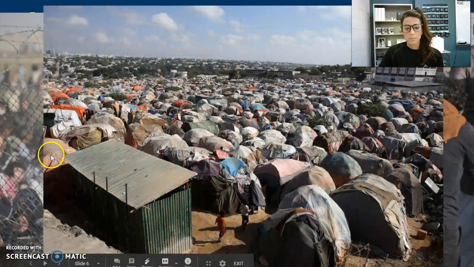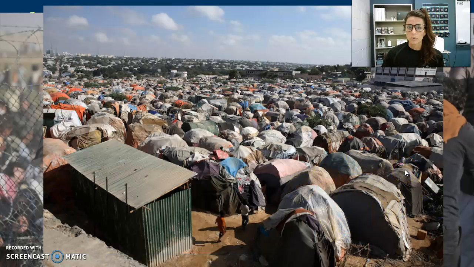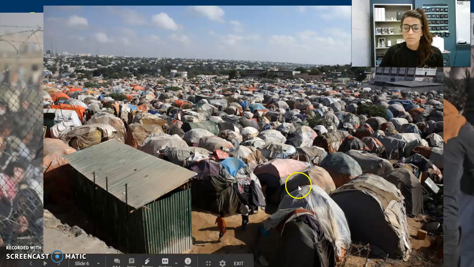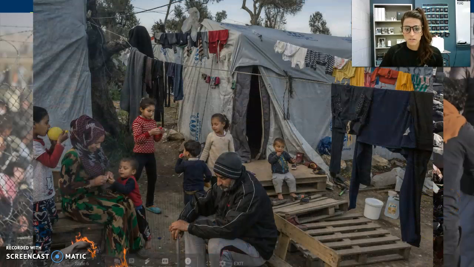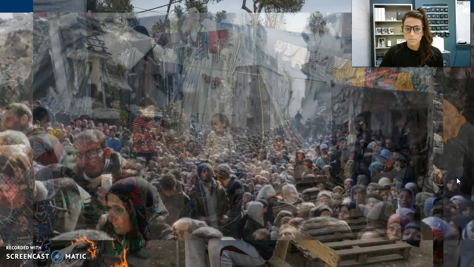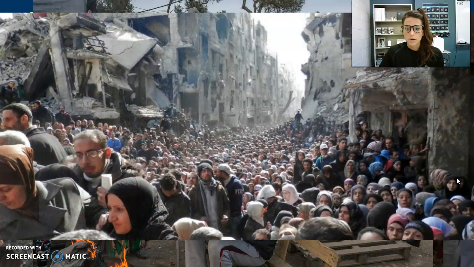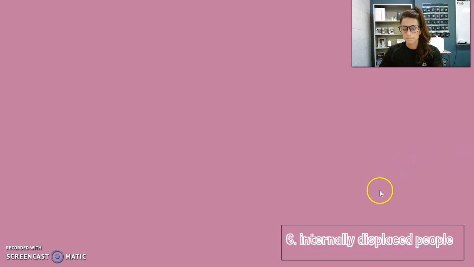This is what a refugee camp might look like. So this is where these people live, and it's usually not a temporary situation. In fact, I just watched something earlier today that said the average refugee is still in their refugee camp for 26 years at this point. So that is like a permanent location. Hard for us to imagine. That's more of an up-close situation. So this is this family's home. This, I believe, is from Syria, so just the war has really ravaged the area, and that's what they're escaping from. I just found that really striking.